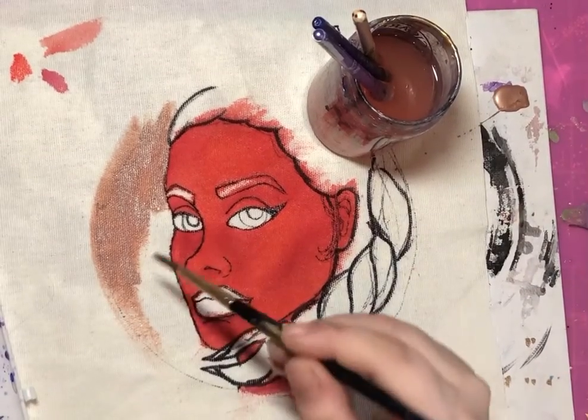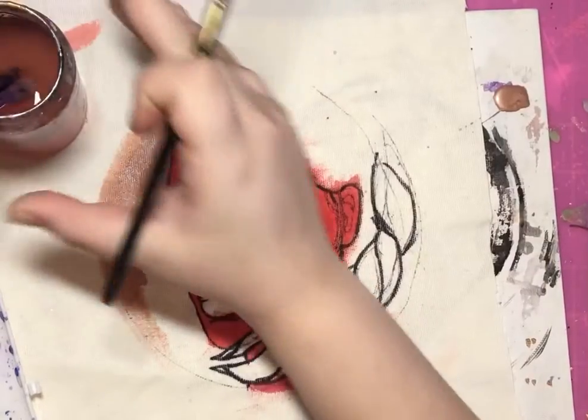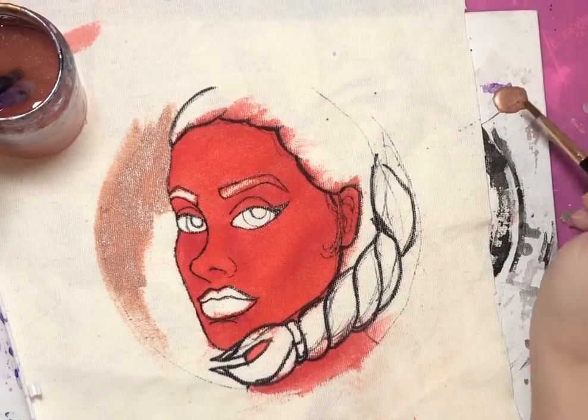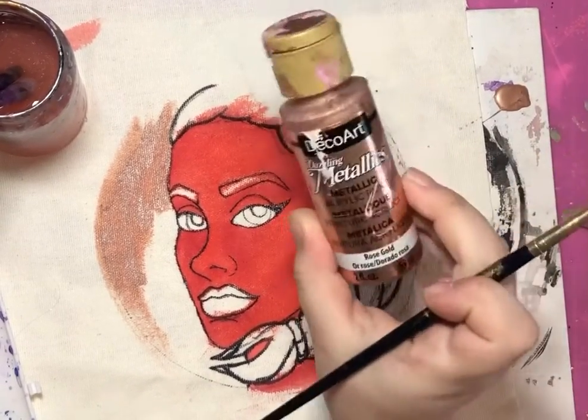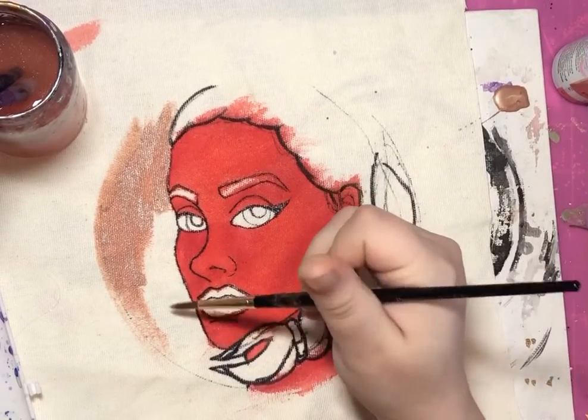So as you can see, I've already started doing some of the background, but I'm going to show you how I continue to work on it. I'm going to be using some acrylic paint. This is what I'm using, this metallic acrylic paint. And so first I'm going to go around these